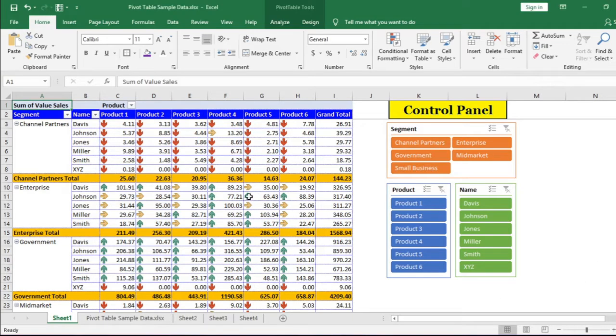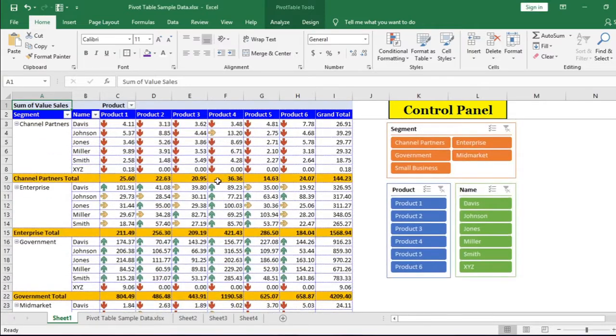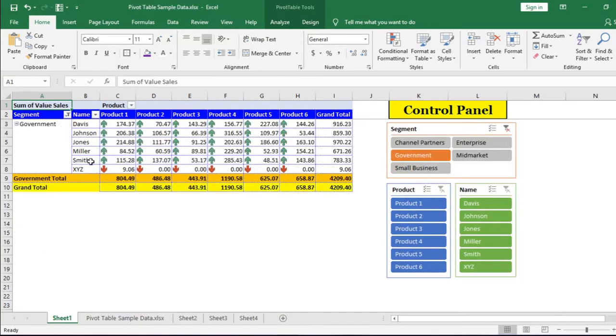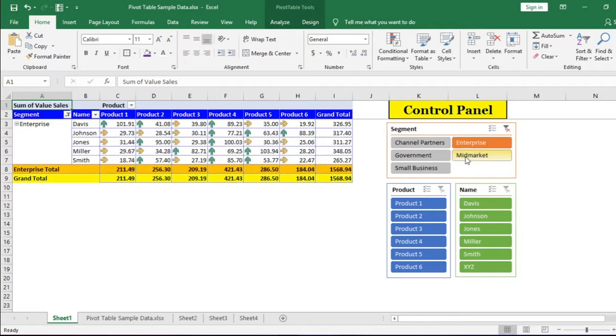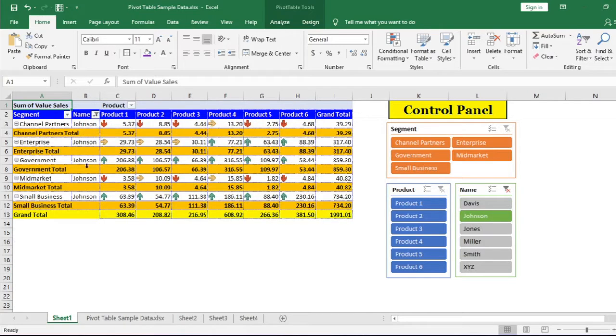If you are using pivot table reports for the management or even for your own analysis and you are not using Slicer, then you are not fully utilizing the pivot table reports. In this video, I will discuss slicers in pivot table, how to insert slicer, how to customize slicer, where and when you need to use slicer.